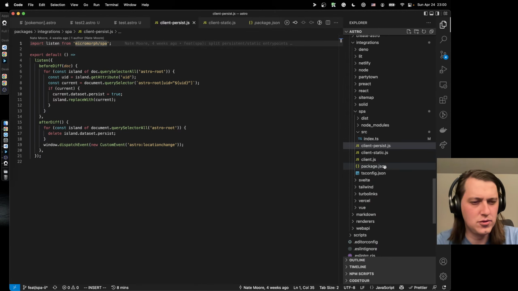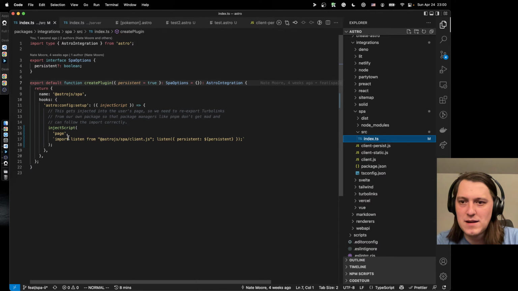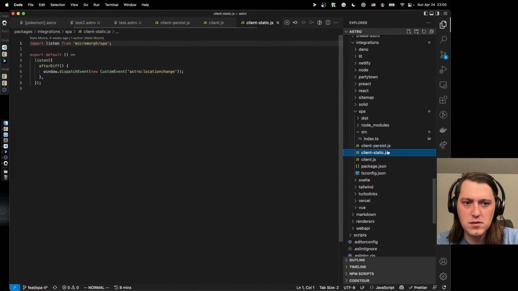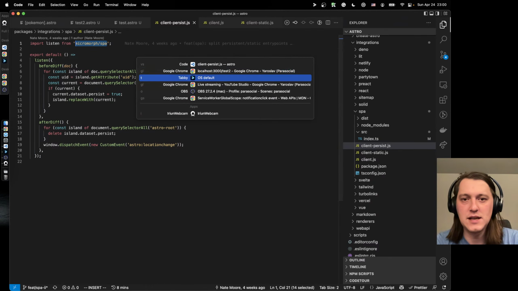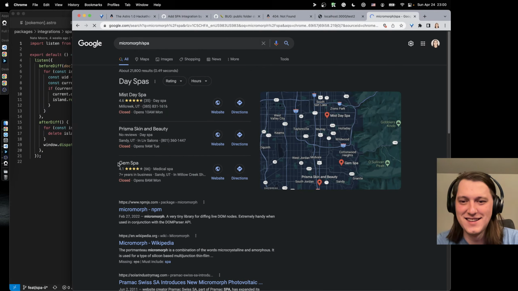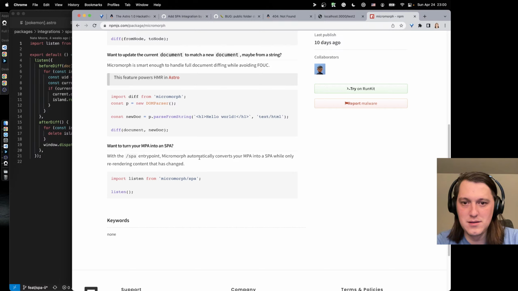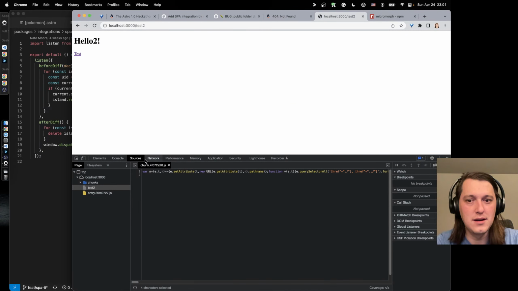So I guess it doesn't do much kind of like here. Everything that is happening is basically happening in the listen, persist, plugin persistent, in the micromorph SPA itself. So everything is happening there. Yeah, so micromorph automatically converts your MPA into SPA, and that actually means that for example, if I slow